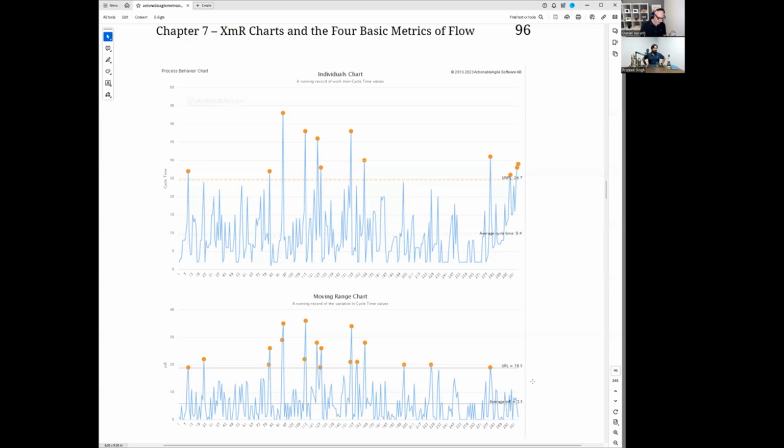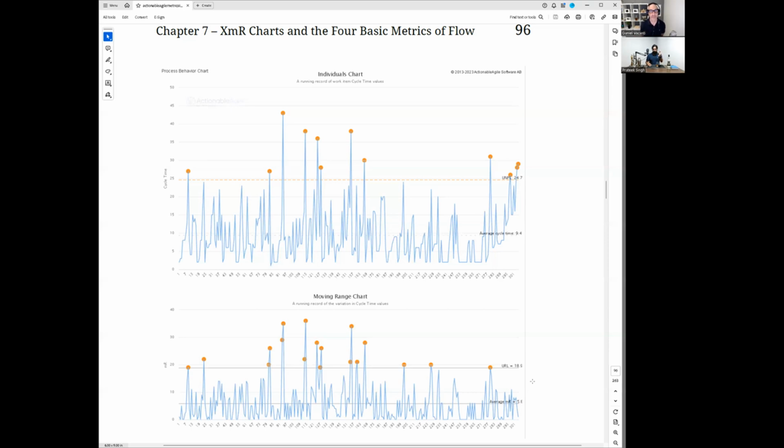Yeah, the hint is in the name. Any variation that happens naturally in our process should be within our natural process limit. When we draw these limits, we take into account the variation that's happening in our process, and that makes sure that those 3 sigma lines